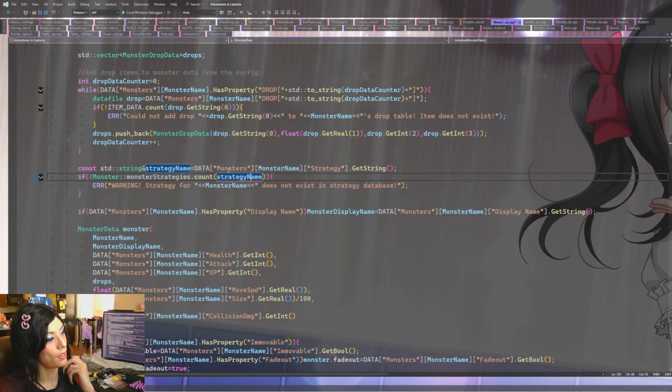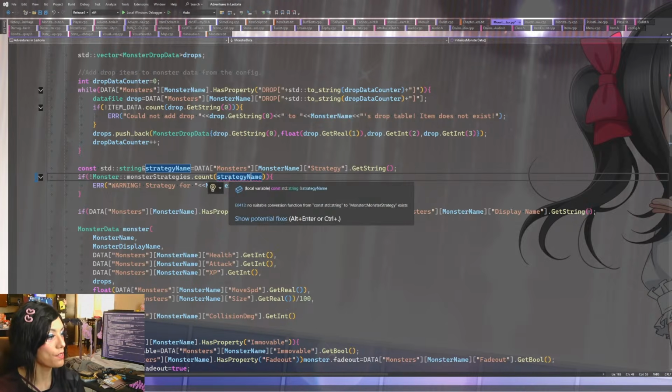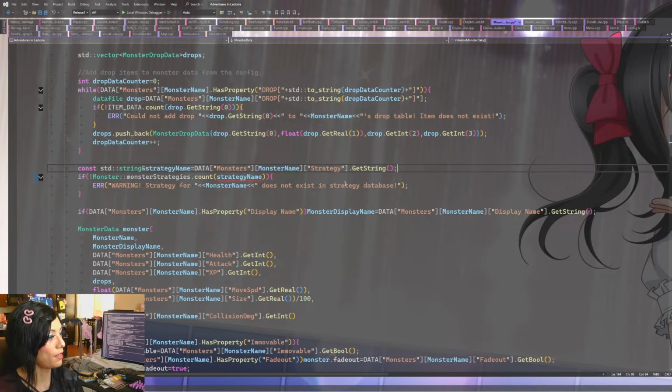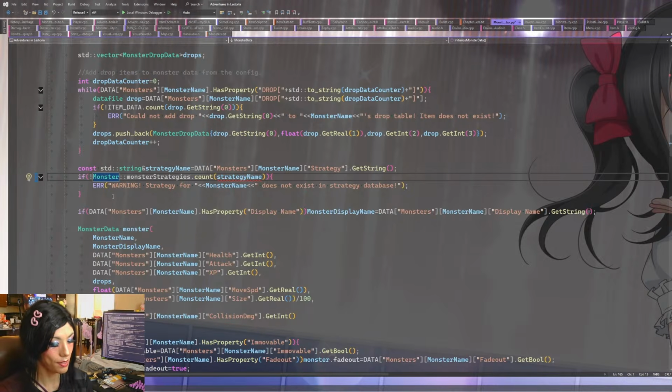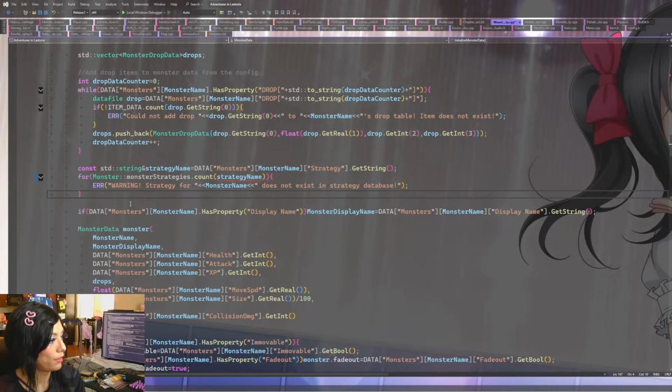I guess we would iterate through these and just find it ourselves. So we can say for, we're just looking for one. So if it doesn't exist, then how would I do this?